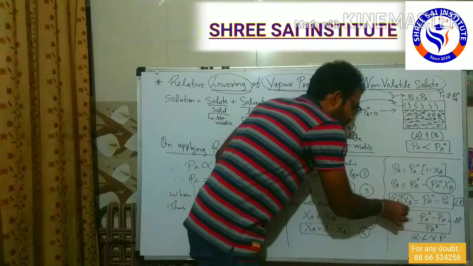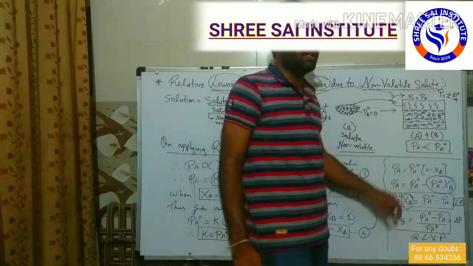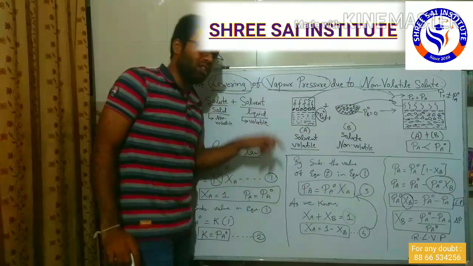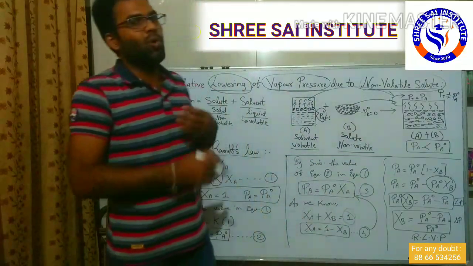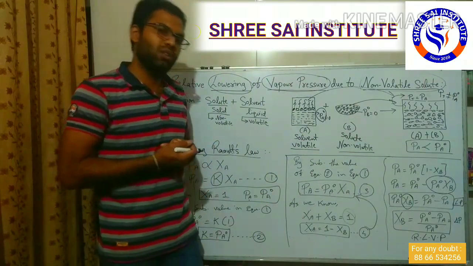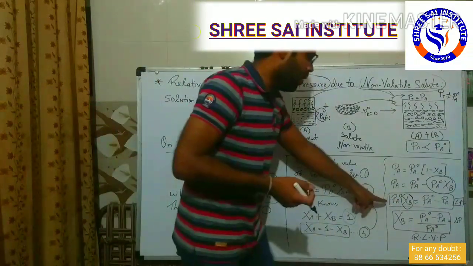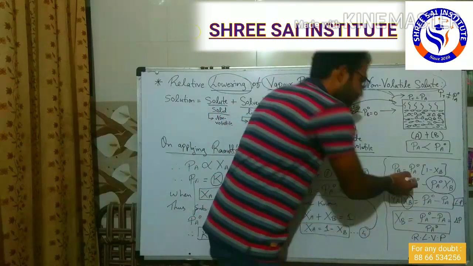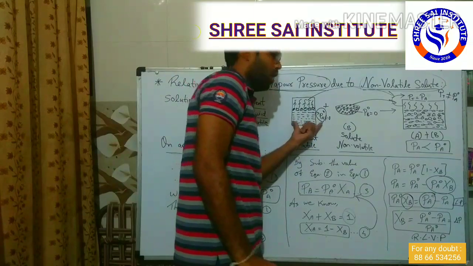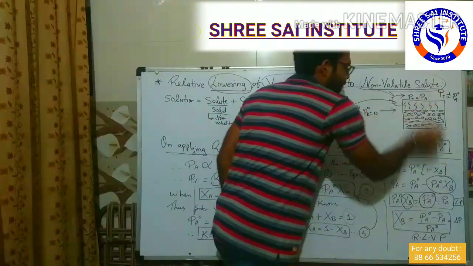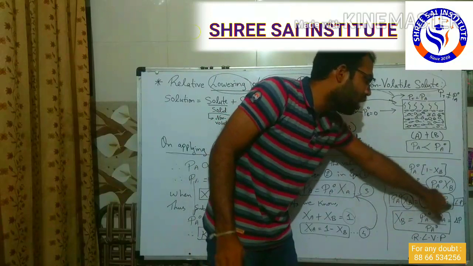So due to the mole fraction, due to the number of molecules present in the solution, as we increase the number of non-volatile solute particles, the total vapor pressure of the solution becomes more and more less than the original one. So Pa naught is the original one, which is greater, and Pa naught minus Pa is the difference. From this we can say that this equation indicates the lowering of vapor pressure.